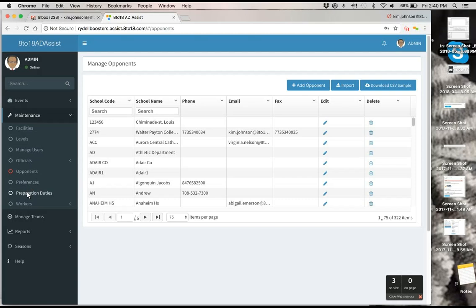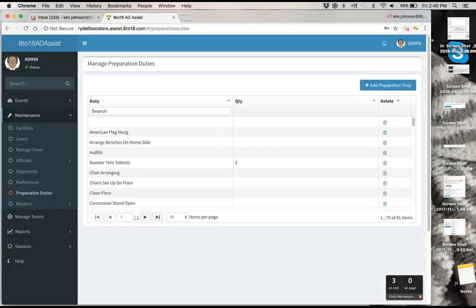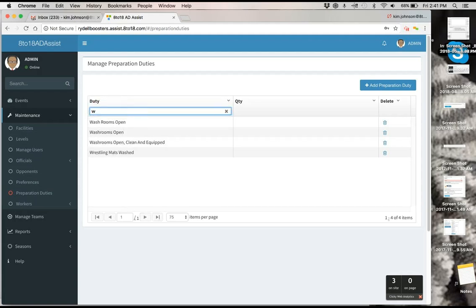And your preparation duties. Preparation duties are things that you're going to put in for your sports. You need to have them in here under your prep duties. You would put everything that you want done for any of your sports. So if you want the flag hung or you want the water jugs out, let's hit W, see if that's in here. It's not. So I'm going to add a preparation duty and put in there